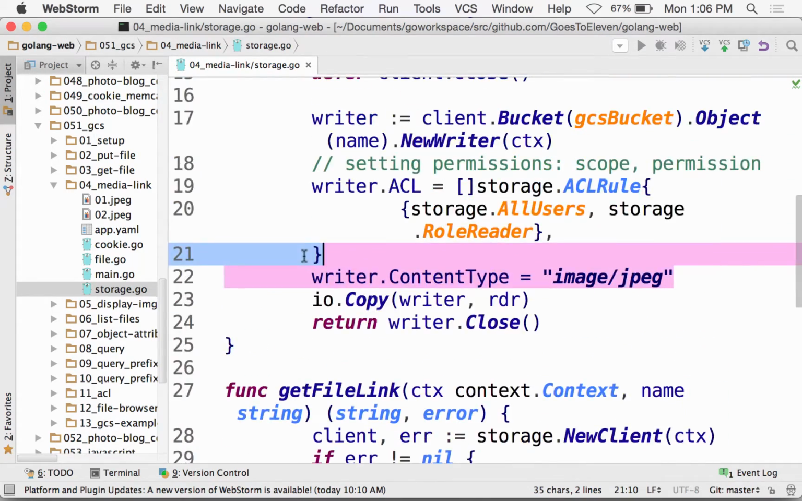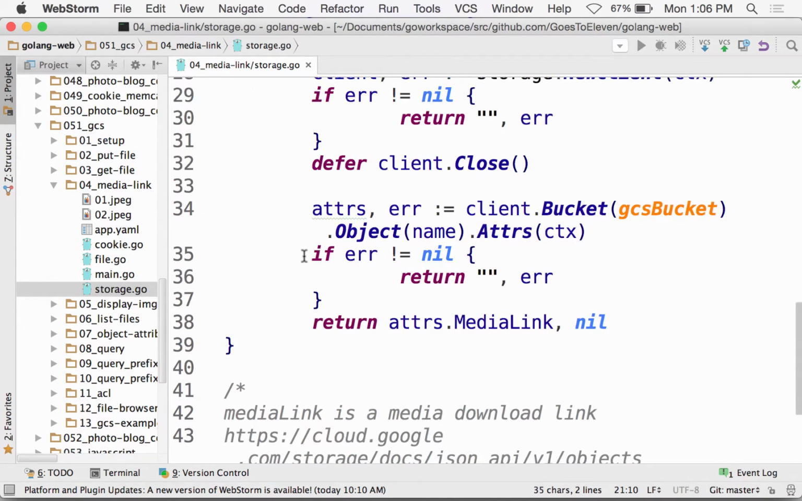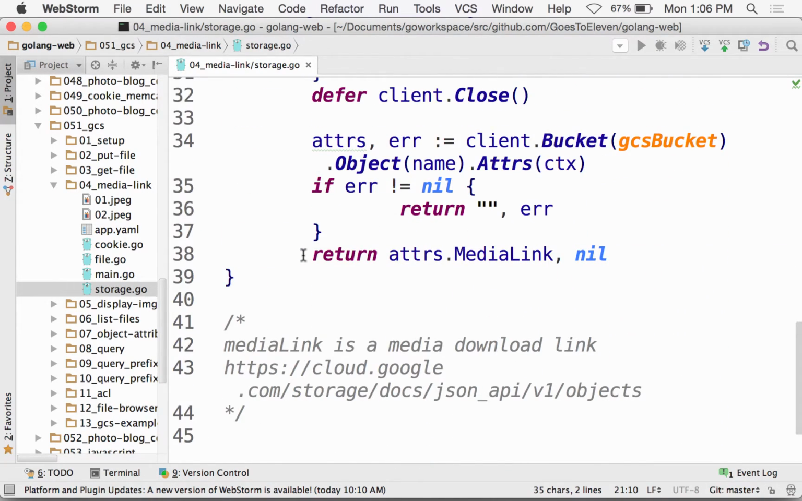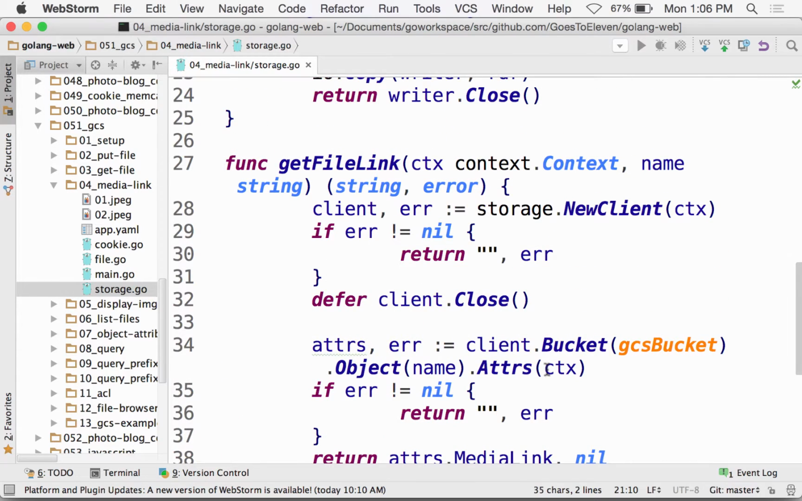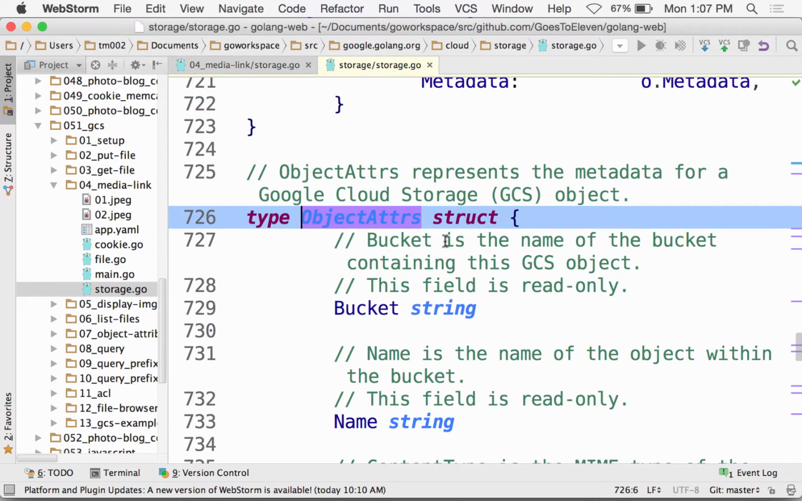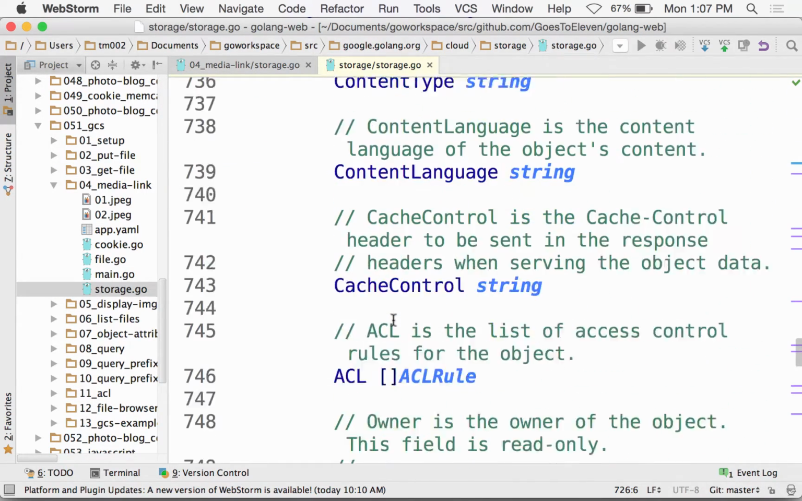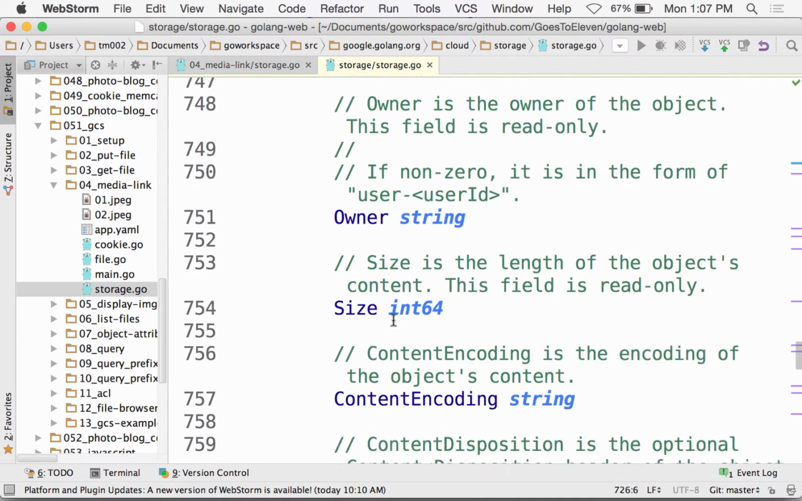So here we have put file, and then instead of getting that file and returning a reader, here we're getting the attributes. So the bucket, the object we want to get, and just give me the attributes. Well, what are the attributes? Attrs gives us back object attrs, a pointer to object attributes. And object attributes are the bucket, the name, content type, content language, all this stuff, ACLs, owner,